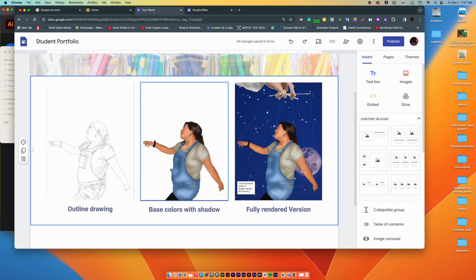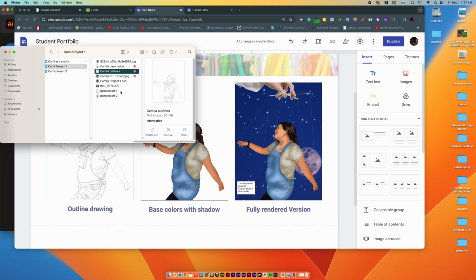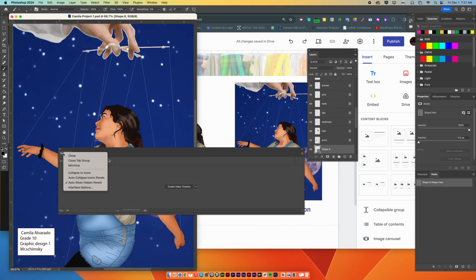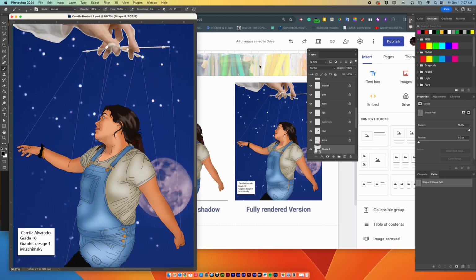In order to get these 3 things to show up, you have to open up the original. So what this student, Camilla, did here is that we're going to open up the original, and I'm going to show you how to break it down. So this is what it looked like originally, right? So what we want to do